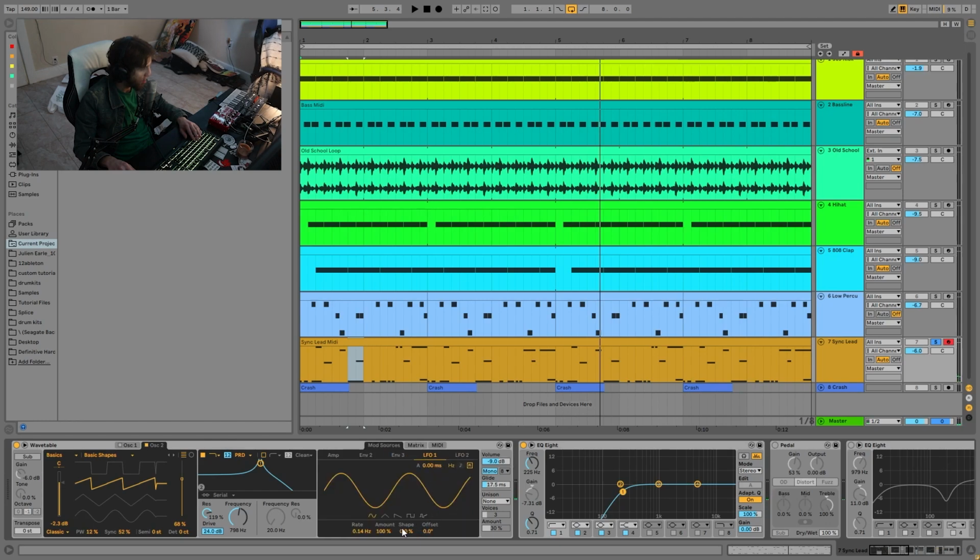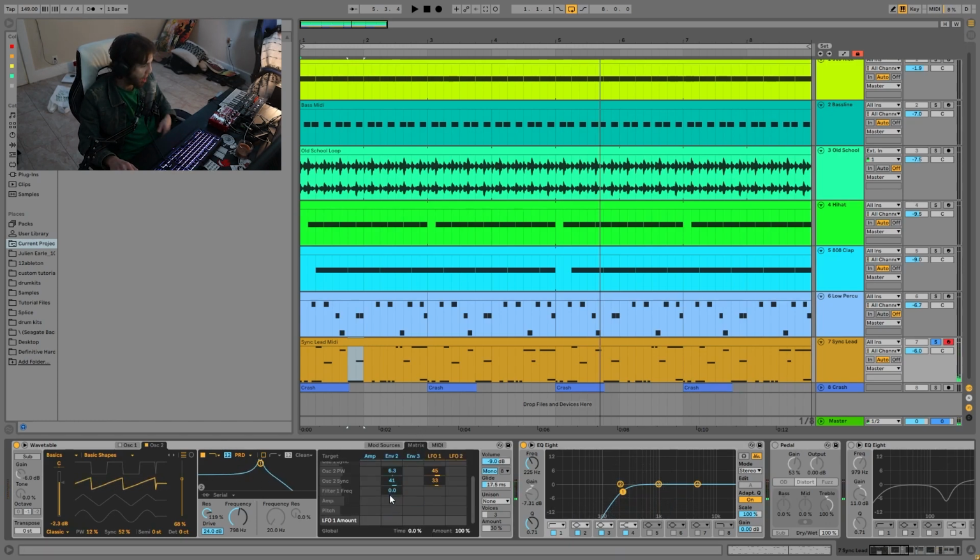If I turn that LFO off, it's too static, you know. The key to this sound is that it's moving all over the place constantly. Just having that LFO moving slowly like that is a really great way to get that. And then I also have that on the pulse width as well. So just getting both, you know, again,